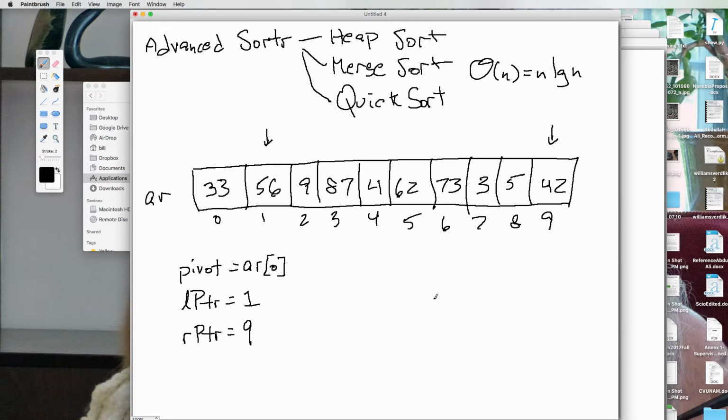And basically, I'm going to do something like the following. I'm going to say, while AR of L pointer is less than pivot, I want to do L pointer plus plus. So in other words, while this is pointing at something that's less than the pivot value, move this pointer forward. Now we can see in this case that's not the case, but then what I'm going to do on the other side,